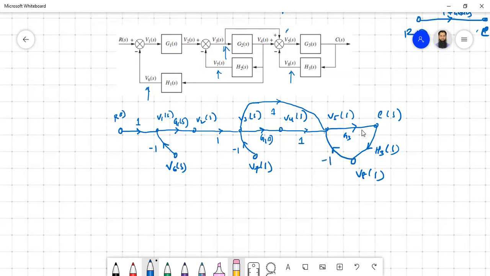So from V4, there is two paths going, one going to V7 with a gain of H2S, and another one goes to this one. Okay, so you have something like this, and it is actually H1. Yes. So this is essentially the signal flow graph, but what we can do is we can actually simplify a bit